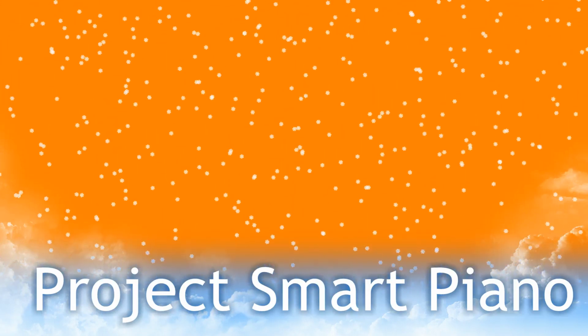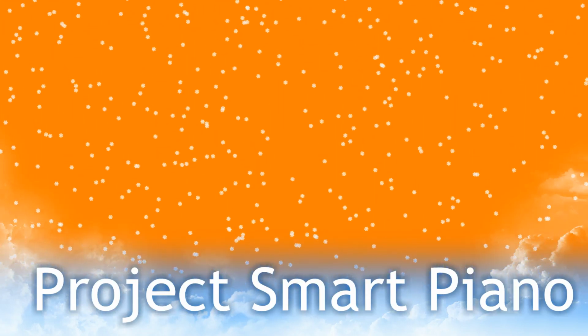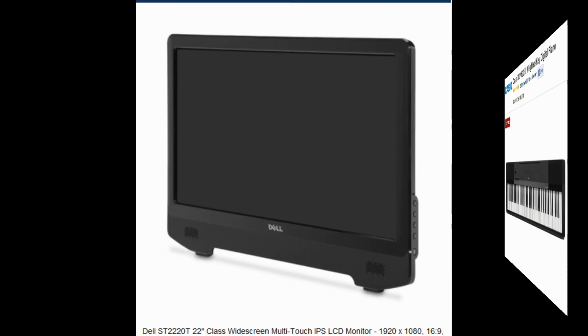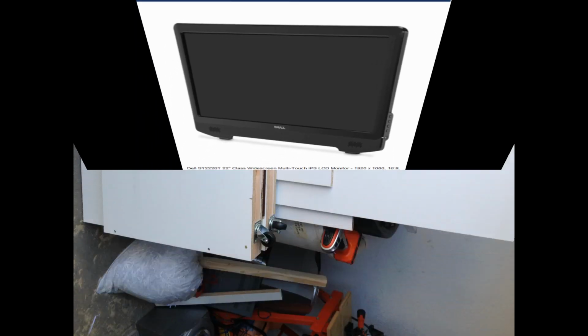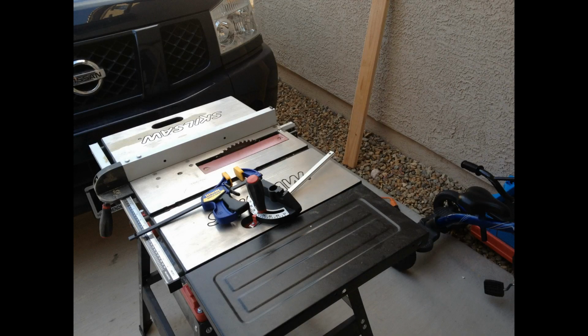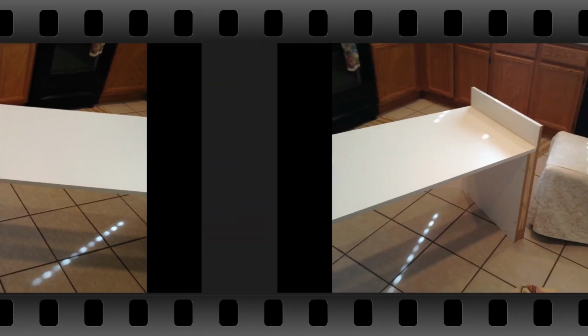So Project Smart Piano, of course, begins with a piano that's capable of plugging into a computer. So I chose the CDP-120 Casio keyboard, as you see here, a Dell Smart Touchscreen ST2220T, and then I began building the keyboard stand with lumber from the local hardware store. And I wanted it to look like a small digital piano, but I wanted it to be able to do a little bit more. So I began building it,